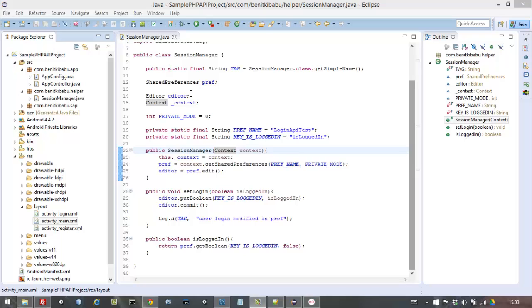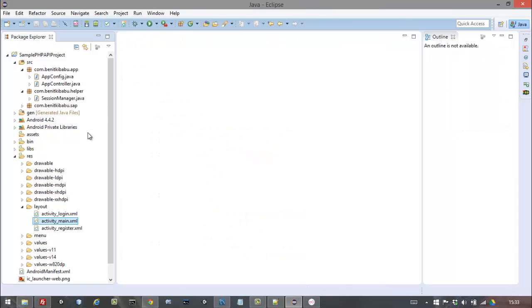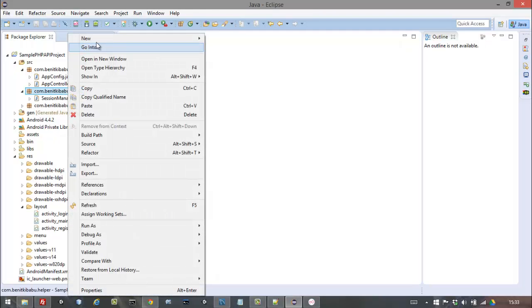Now what we're going to do next is create a SQLite database, and basically the database will hold information when the user logs in, so that if we want to access the user's email or password, we can just go to the SQLite database instead of going to the API and making another call from there. Okay, so whenever you're ready, go down to the helper package and create another class, and this one will be called